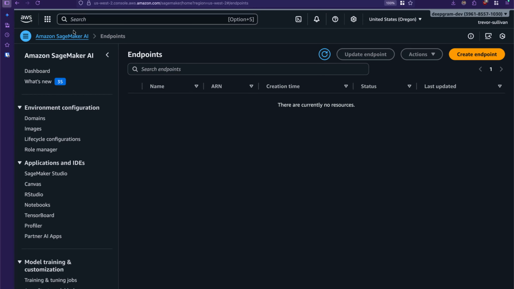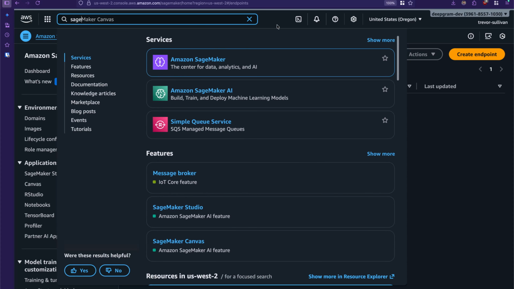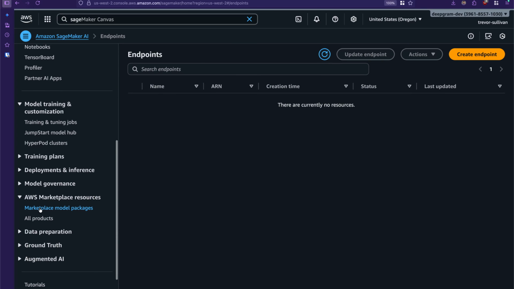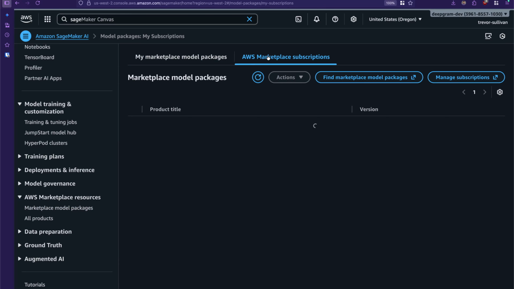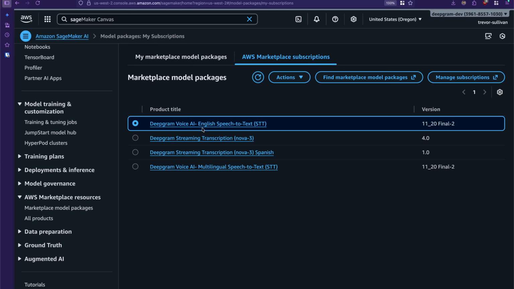So once you've done that, go back to the SageMaker AI console here. Just do a search for SageMaker AI in the AWS Management Console. Then you'll go down to AWS Marketplace Resources and choose Marketplace Model Packages. And then if you click on the tab that says AWS Marketplace Subscriptions, you should see the English speech to text product right here. So you can either just select the radio button there and say Actions, Create Endpoint, or